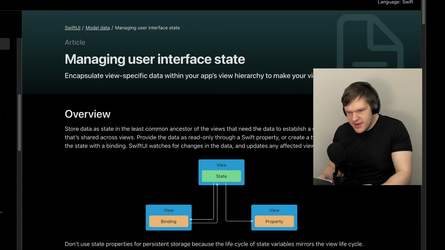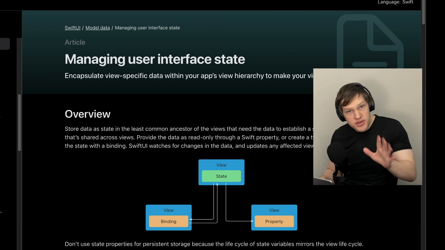The way SwiftUI does state management is awesome, because you don't need any third-party package to actually make it work. And it's basically using a lot of compiler magic to give you all of the safety guarantees and to make everything clean and simple. It's kind of hard to explain if you haven't seen how it's done elsewhere, but we're going to see that later.